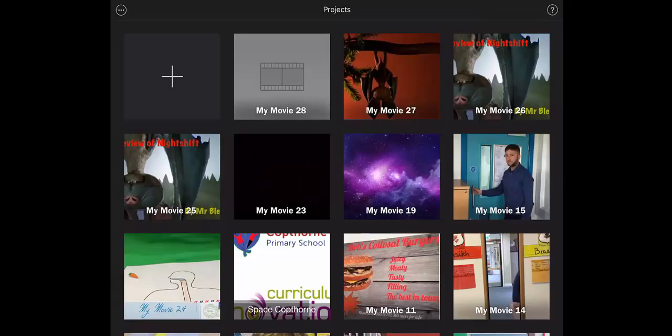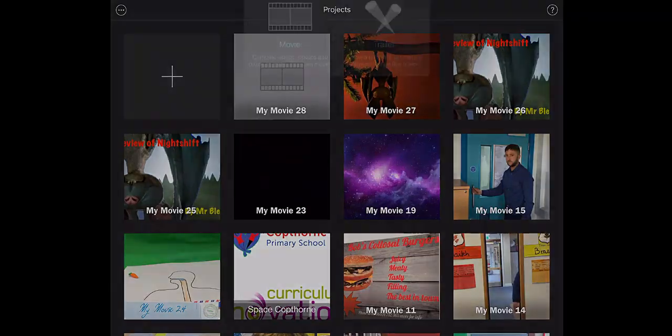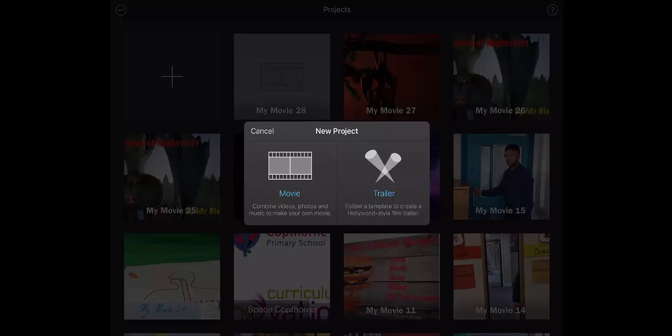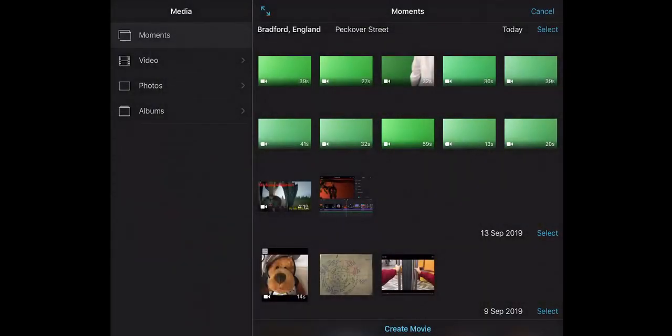I'd like to show you how you can make your own film review using iMovie. So I'm going to click plus in the top left hand corner, and then I'm going to go to movie. And you'll see on this screen some of my shots where I've recorded myself speaking. I could put those in straight away, but I'm going to go to the bottom and choose